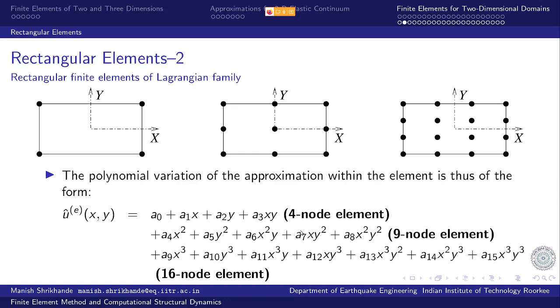Now pay attention to the choice of these terms. These are all symmetrically placed in the Pascal triangle to ensure geometric isotropy, to avoid any preferential coordinate direction in the element. So it really doesn't matter which coordinate axis I call x or which I call y, the representation is always the same. And that is the essential requirement, and that is why the placement of terms in the Pascal triangle is very, very important.